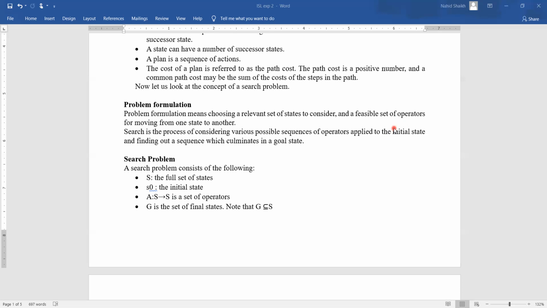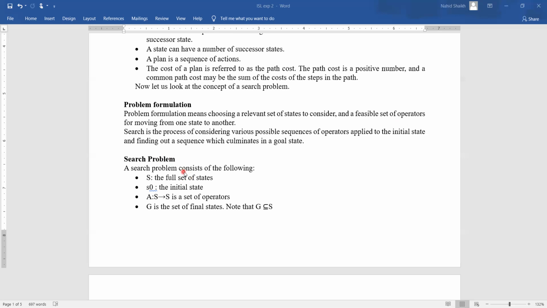Because of this choosing, you can then decide that these are the operators I have, through which I can get from the initial to the goal state. So how do you define the search problem? In this scenario, we consider that the problem we are trying to solve is with the help of searching. I am somewhere, I need to search for the particular solution, but I don't know in which direction it is available. I just try this. Is it my solution? No, then I move again. Is the next state a solution? No, then I move again. I don't know exactly which way to follow, but I'm trying out every possible thing so that I can come up with the goal state.